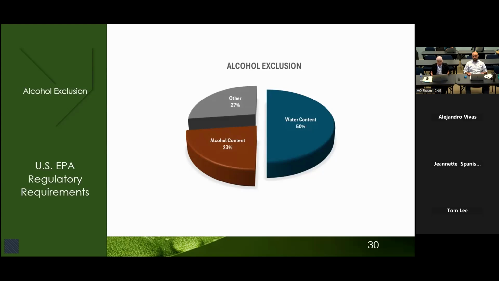Much clearer now? So why is it important to set a clear percentage of water content? First, it reduces confusion. By specifying 50% water by weight, the regulations remove any guesswork, making it straightforward to see if a mixture meets the aqueous standard. Second, this clarification strengthens the alcohol exclusion rule for ignitable liquids. Under this rule, solutions with less than 24% alcohol by volume can be excluded from ignitable classification if they also meet at least the 50% water by weight requirement.